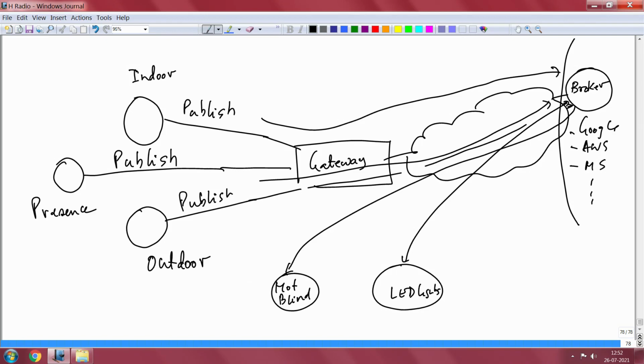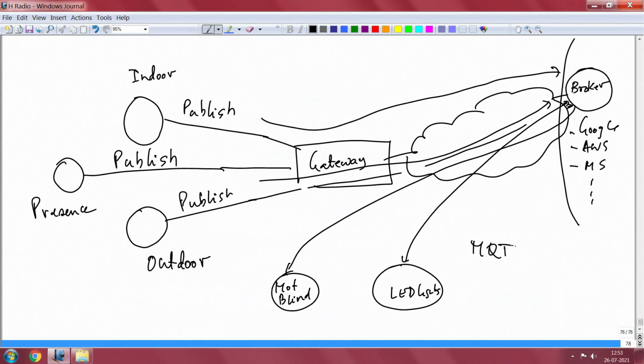Both are possible, only thing is if you put a gateway, it has to go to the internet and the broker is sitting on the cloud. Otherwise you can also put the broker right here and route the data accordingly. It depends on what you want to do, folks. Why should I put a broker in the cloud? Because if I have a home internet connection or office internet connection, the internet can carry the data to the broker. I do not have to set up the broker, I do not have to buy a Raspberry Pi and put it. It can be used directly from there. You have to pay a small rental, but at least the hardware is not with you, you do not have to break your head on the hardware. So, a broker in the cloud may be useful.